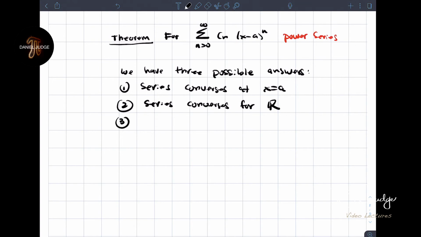Number 3, and here's what I'm getting at for the interval answers. Here's how they describe this. There is a positive number r. That's a different r. It's really going to be what's called the radius of convergence r, such that